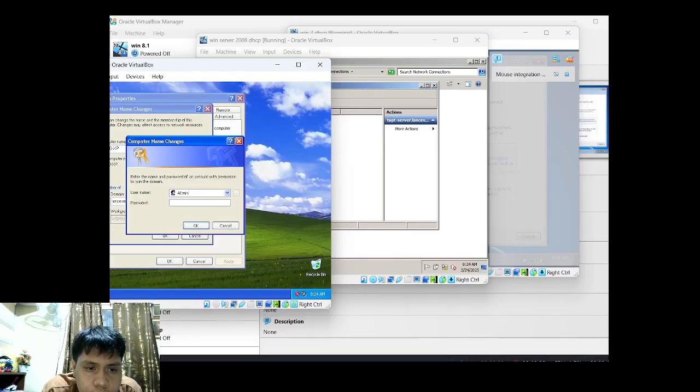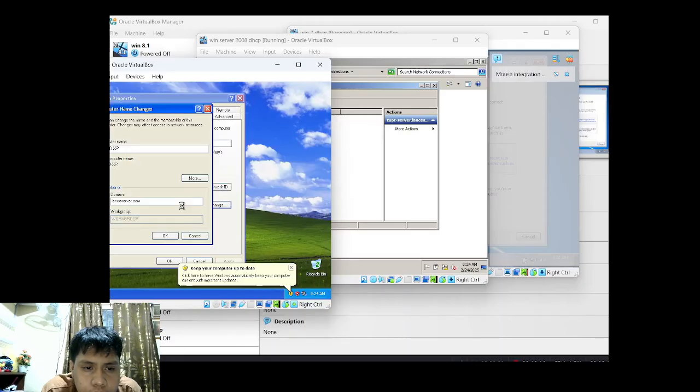Username change. Admin. Administrator. Then the password.